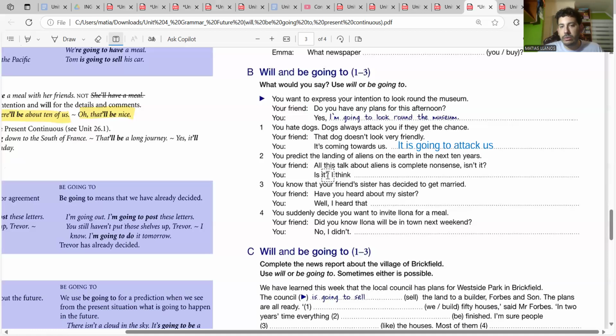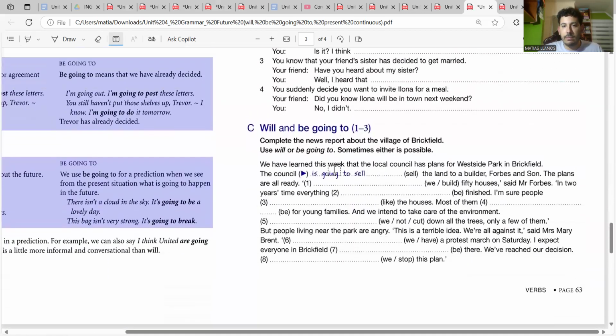And like that, you finish the rest. And lastly, will and be going to: complete the news report about the village of Brickfield. Use will or be going to. Sometimes either is possible. In this case, we maybe can use either of them, but we'll see. For example, the first one,